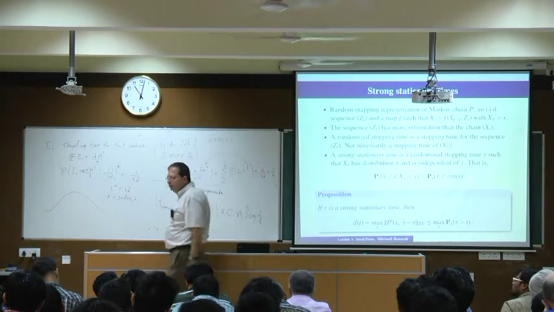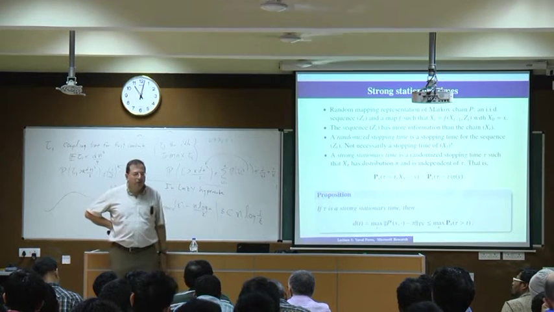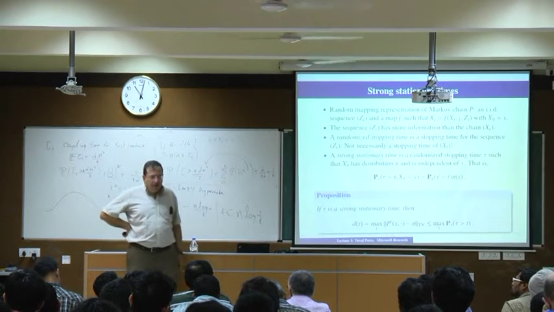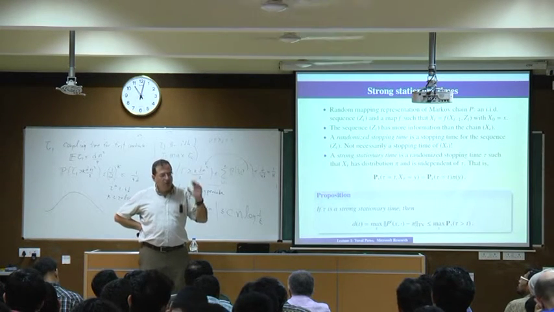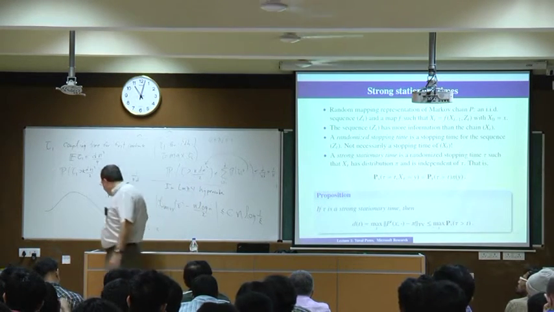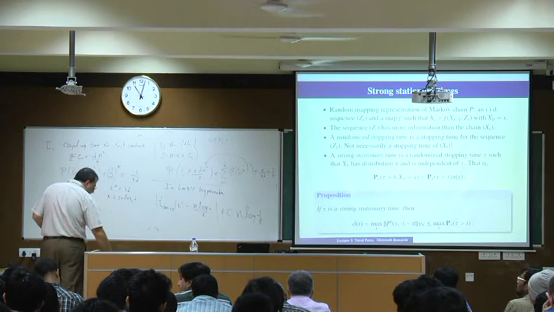Let me give you an example of a strong stationary time for any chain. This is not going to be very useful for quantitative bounds, but just conceptually. So if I have any irreducible aperiodic Markov chain,